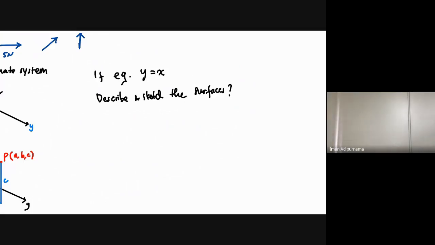You can start by thinking in 2 dimensions what kind of graph the equation makes. y equal x is just a line, right? And then we convert it to 3 dimensions. For example,